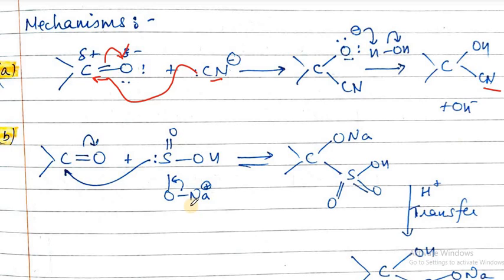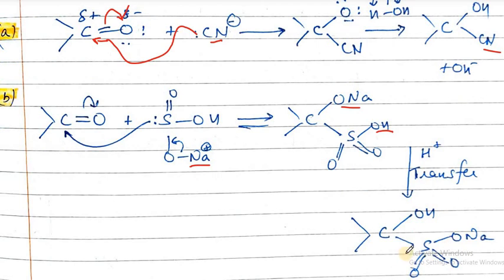The sodium gets attached to oxygen, that is ONa is formed, and the other group, SO3H, will be attached to this carbon. One OH group is present and it will be linked through a single bond, the other oxygen through double bonds. Now the proton transfer takes place, that is, these are exchanged and we get